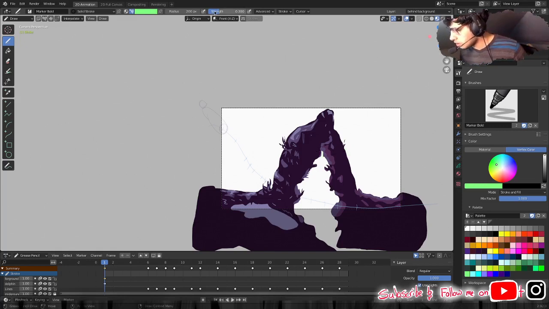Let's see, radius, strength, radius, pixels, 200 pixels. Let's have this be 700 pixels instead. And I'm gonna make sure it is a blue, like a purplish blue,